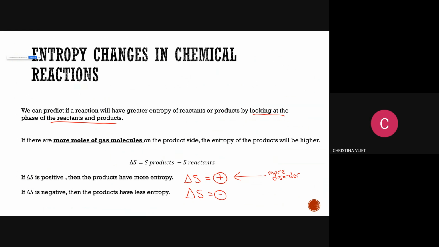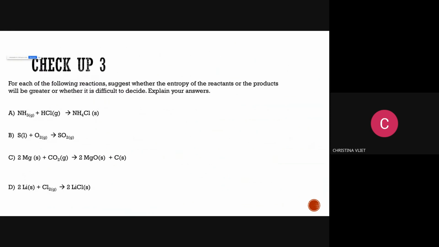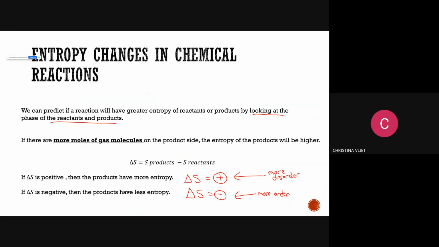What does it mean if I have a negative delta S? You'll have less disorder, or more order, at the end of this chemical reaction. What do you think nature favors? Disorder. When we get to Friday's lesson, we're going to see that this is just one of the factors in play in whether a reaction will take place or not. It depends on both the entropy and the enthalpy of your system. So nature favors more disorder, positive entropy, but that doesn't mean a reaction won't happen on its own.